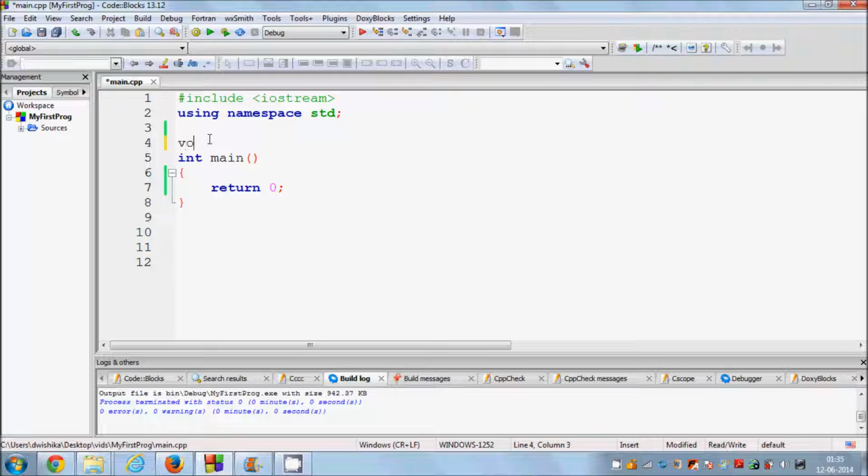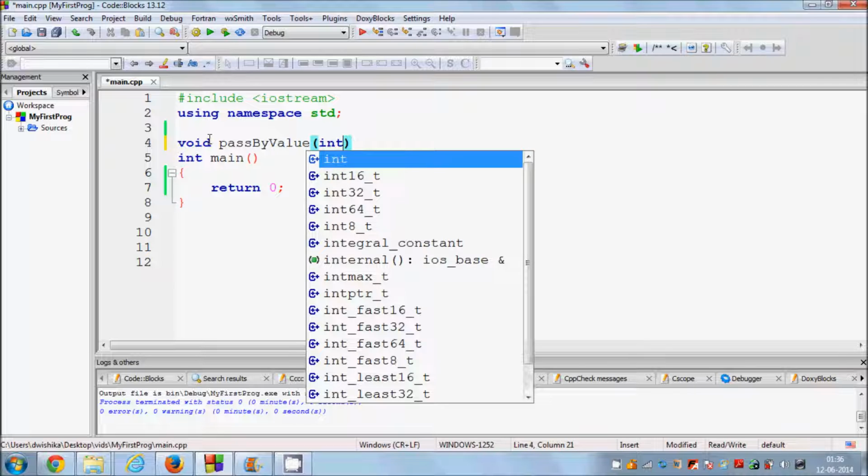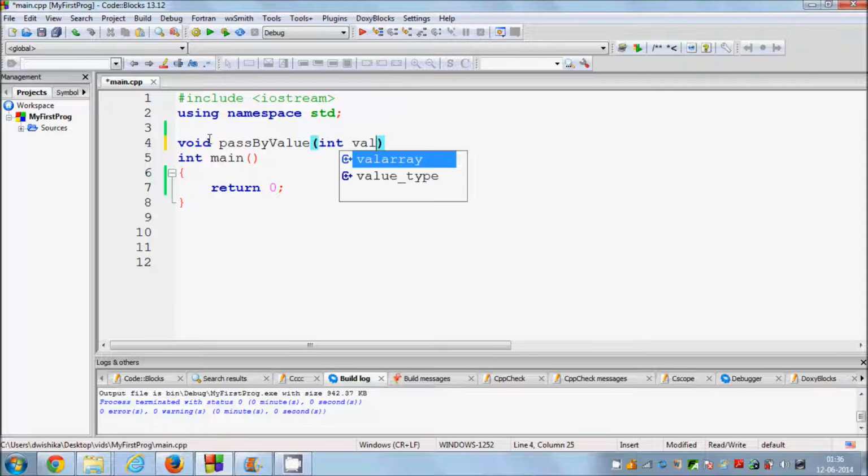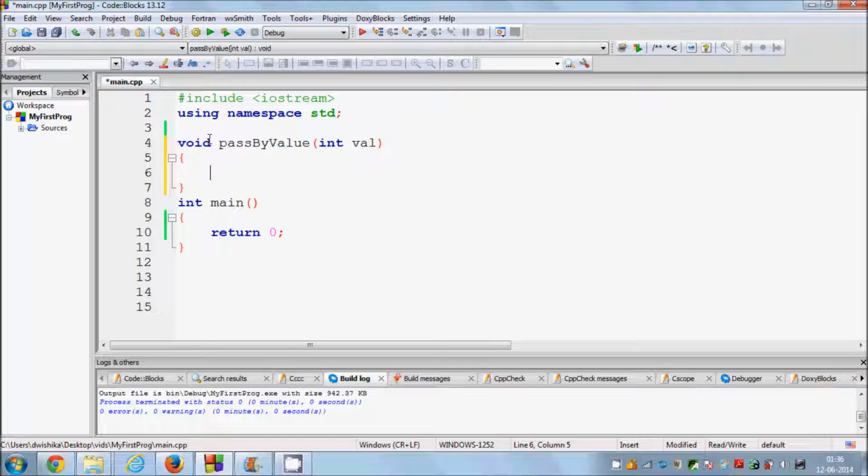So what I showed you in the earlier videos, for example, you create a function pass by value, and you are passing some variable here, val, and for example, you have val is equal to 100. Okay, and whenever you declare one more variable x is equal to 20 here, and when you call this function pass by value, and we pass x in this function and we try to print x here,